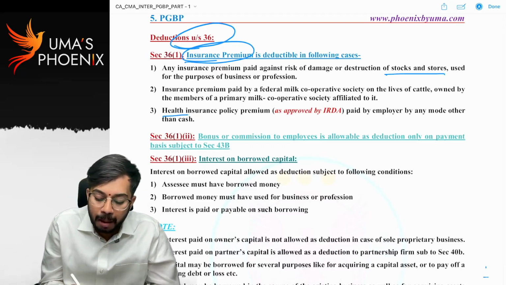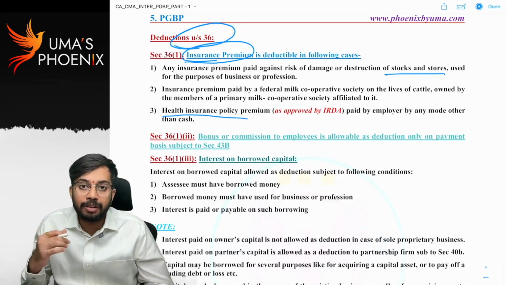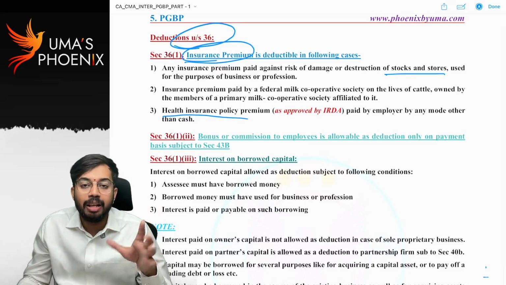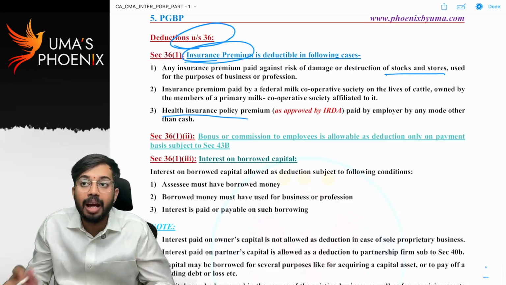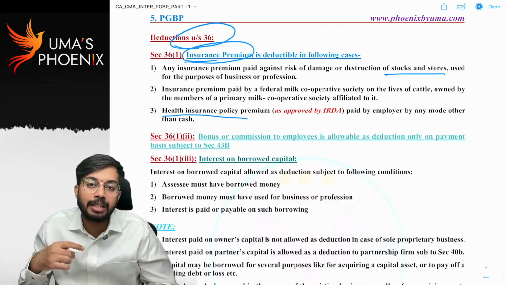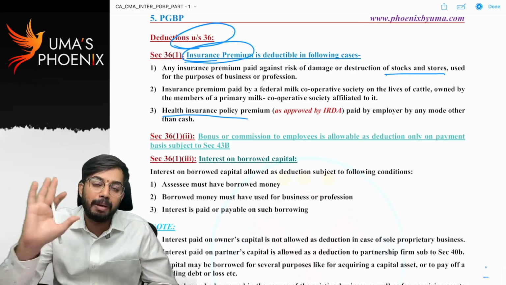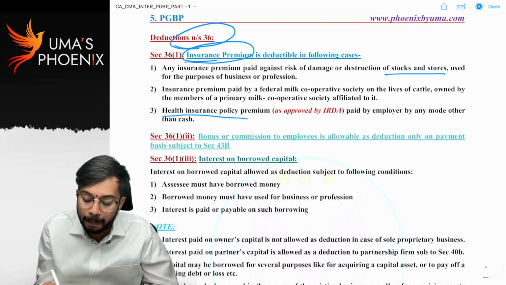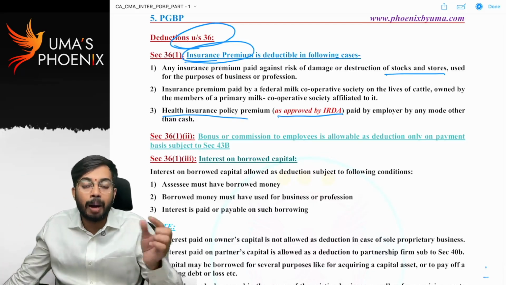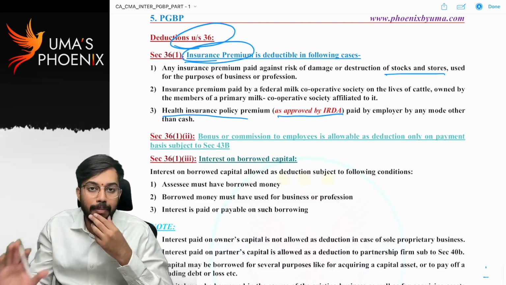Similarly, if employer pays health insurance premium on the life of employees, when I used to work in Infosys, 5 lakh rupees health cover is there. That means if something happens to me, 5 lakh rupees medical expenses are paid by Infosys. Do you really think Infosys pays? No, Infosys will pay health insurance premium on my name. That means on the name of employee, if any health insurance premium is paid by employer, such health insurance premium is allowed as expenditure. Subject to the condition, health insurance policy should be approved by IRDA. Then for approved medical policy, if any insurance premium is paid by employer, such medical insurance premium is allowed as